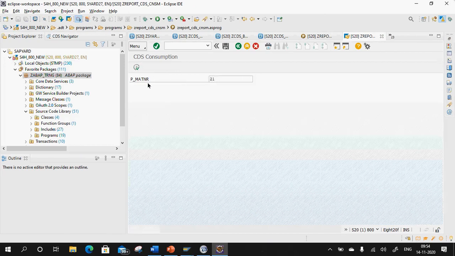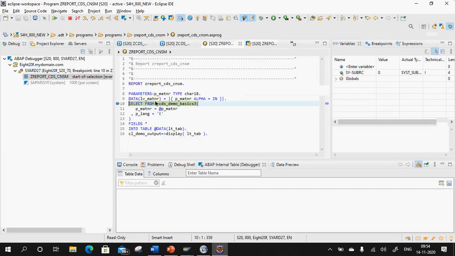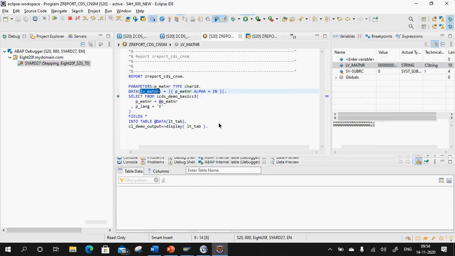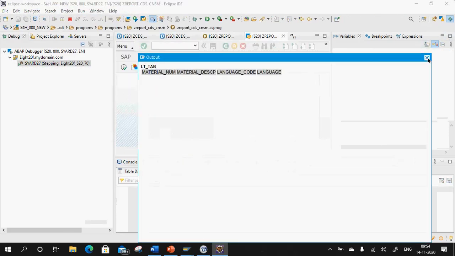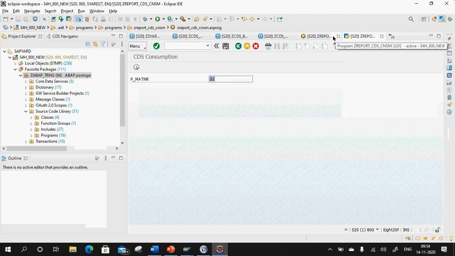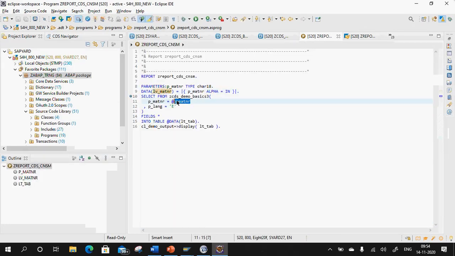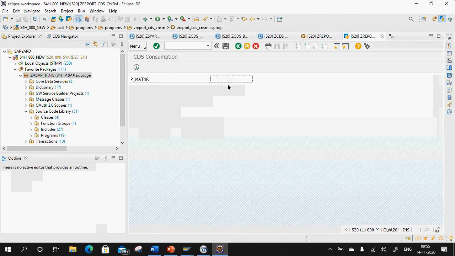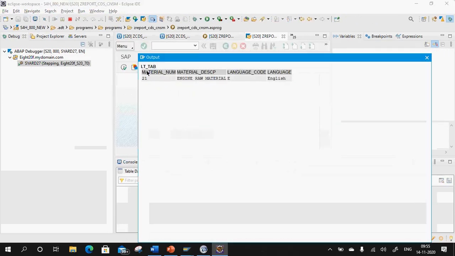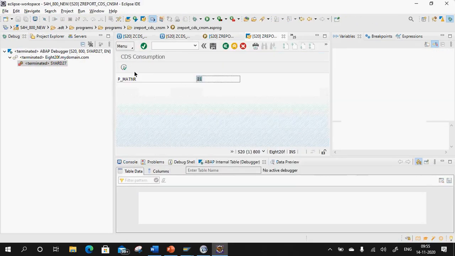I put a breakpoint, let me put 21, let me execute the same, and once I execute the same, can you see this lv_matnr? It came with the leading zeros, and now if I do an F8, it will again come as blank because one place also we needed to change, which was this position. Yeah. So at the rate lv_matnr, F3. Let us close this again. Let us activate this. Activated. Let us run the same as 21. Activate the same. And now let me do an F8. Now the output came. So everyone, is it clear?